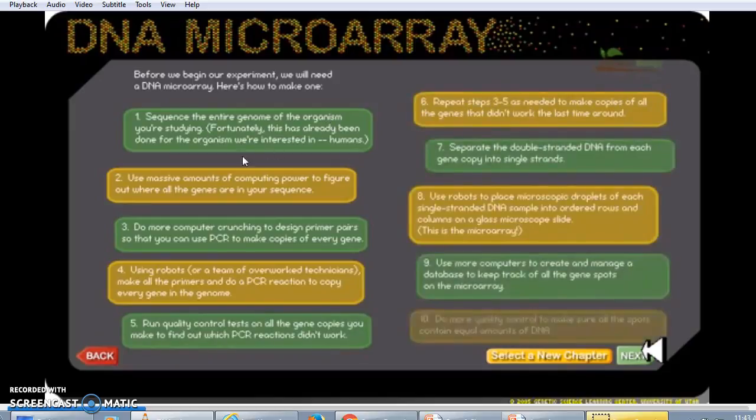Sequence the entire genome of the organism, use massive amounts of computing power to figure out where all the genes are in your sequence. Do more computer crunching to design primer pairs. Using robots, run quality control tests, repeat the steps with the 3' and 5' primers, separate double-stranded DNA, use a robot to place microscopic droplets, use more computers to create and manage a database, and do more quality control to make sure all the spots contain an equal amount of DNA. These are the steps that are involved in the DNA